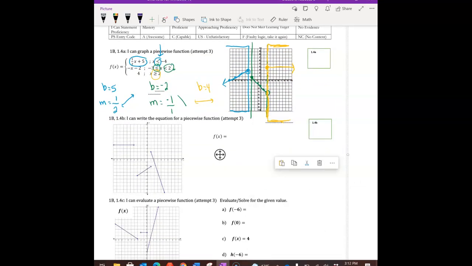Let's go to the next question. So this time you're going to write the piecewise function. So since we have 3 sections, I will be using